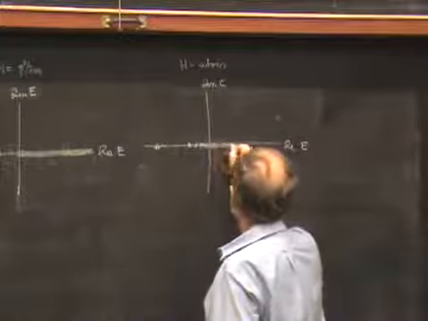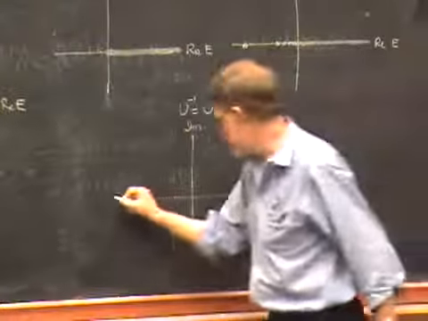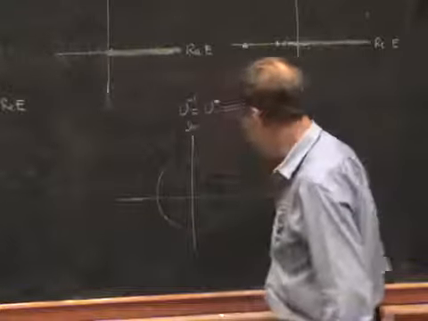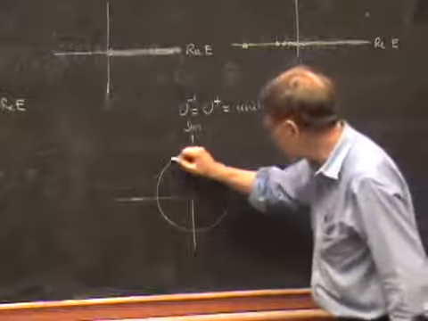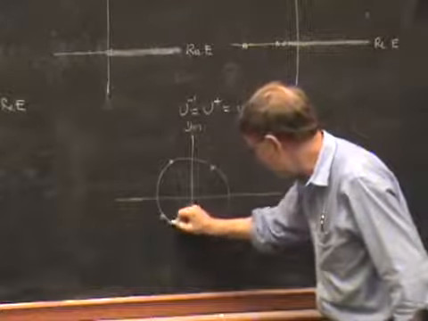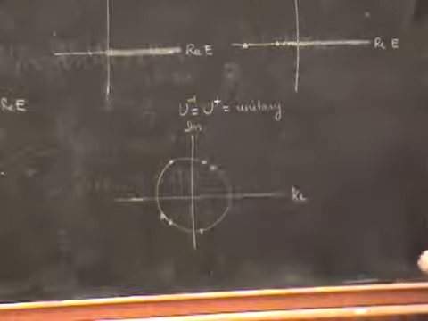And I'll write the real and imaginary parts here for the eigenvalues. It turns out the eigenvalues of unitary operators are always phase factors, and thus they lie on the unit circle in the complex plane. And if we are in a finite dimensional space, there's only a finite number of them, so they're just going to be discrete points which sit on the unit circle. They don't have to be evenly spaced or anything. They can be anywhere on the unit circle like this.